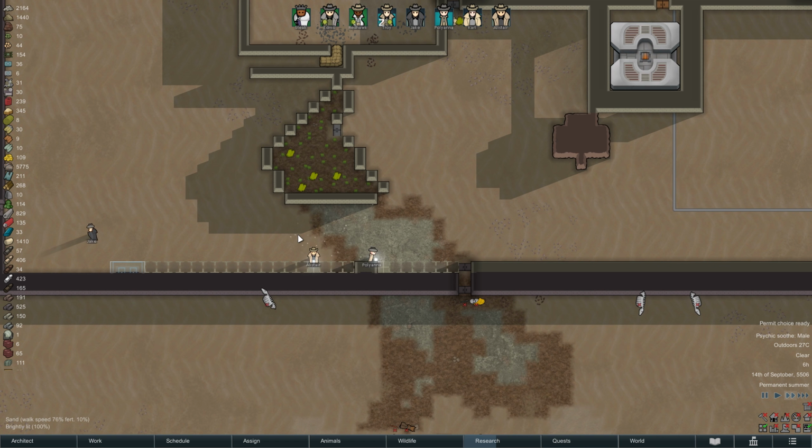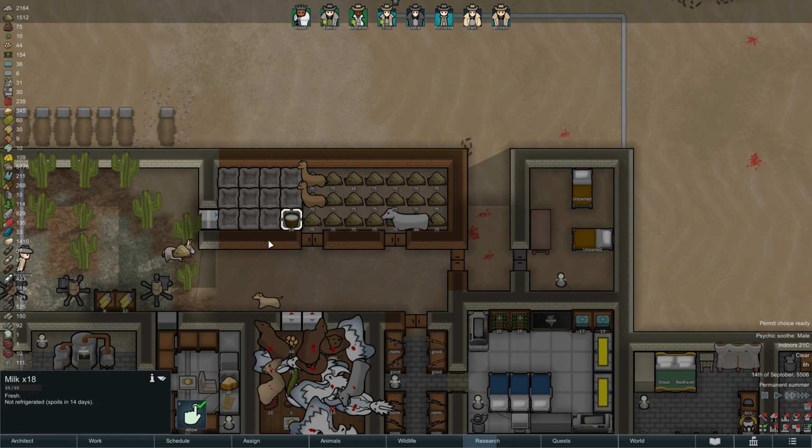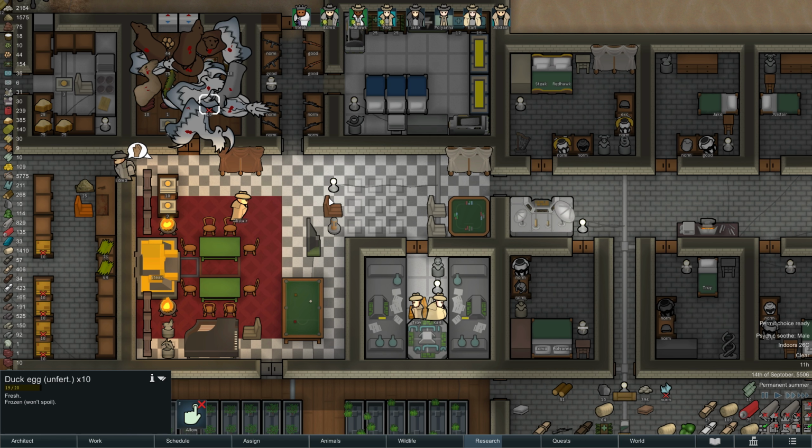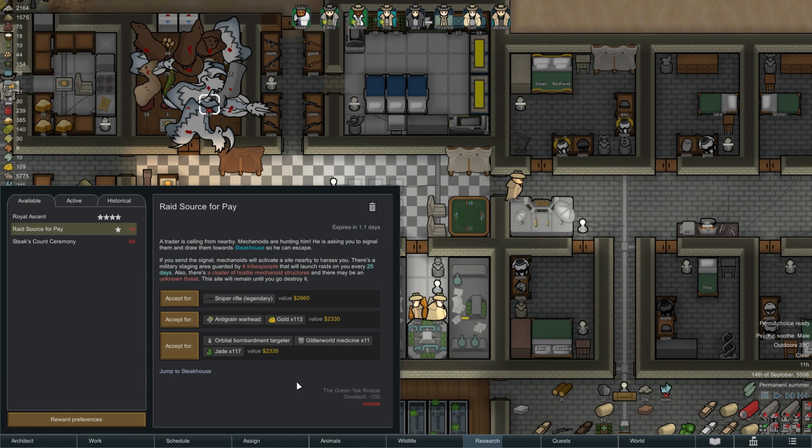On the next morning, work on our exterior wall continues. We can also bring in our first batch of milk. And while we're waiting for Troy and Carl to finally unlock the piano, we receive another quest. If we accept, a small tribal outpost nearby will activate, an outpost that will launch raids against us every 25